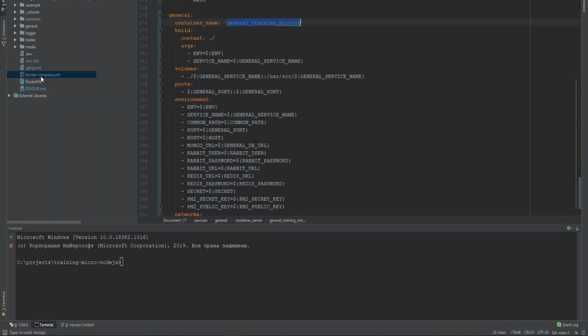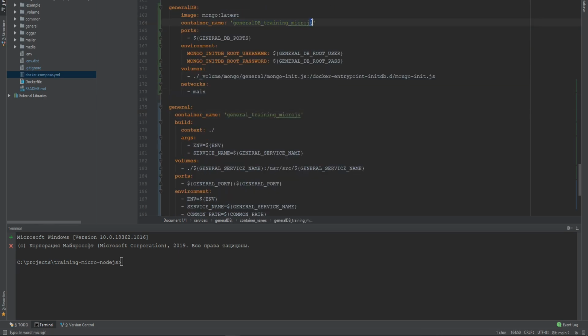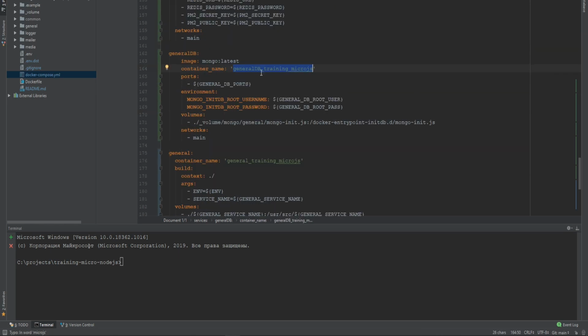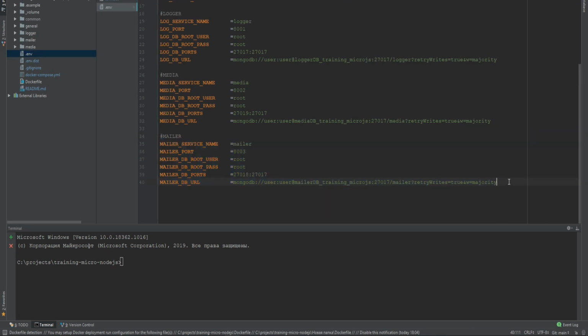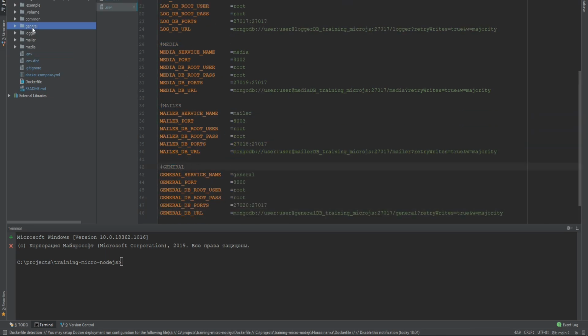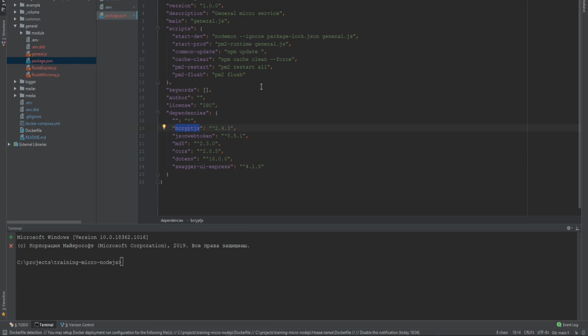Let's go to the Docker Compose, write the config and copy the host. Let's go to the env and set it up. Copy to main. Let's go to the service and open the package.json. Let's write down our common